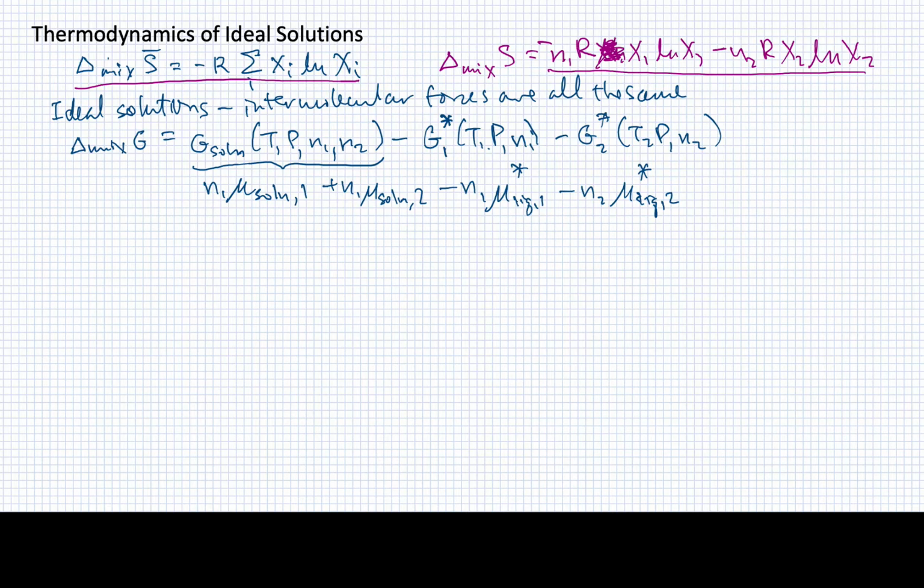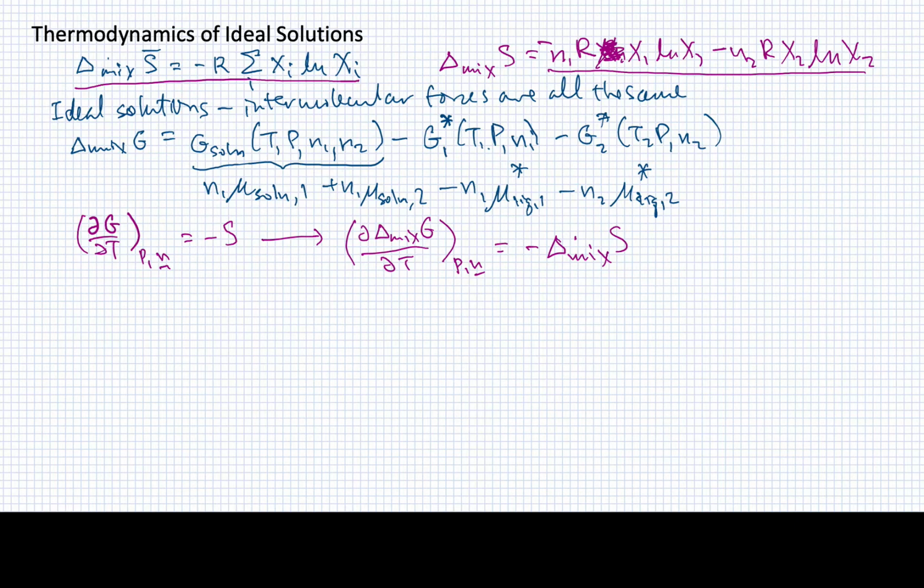Well, I know that if I took the partial derivative of the Gibbs energy with respect to temperature at constant pressure, and we'll say at constant moles, that I would get minus S. So I can basically carry this over to indicate that the partial derivative of the Gibbs energy for mixing with respect to temperature at constant pressure and moles would simply be minus the delta S of mixing